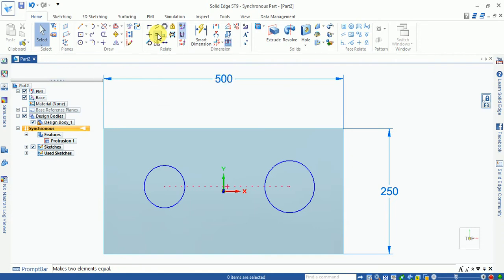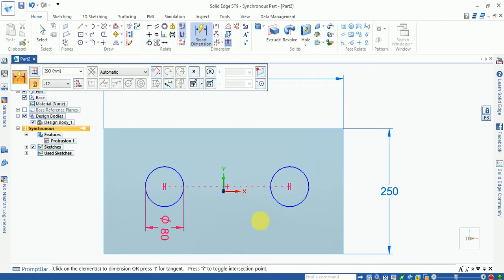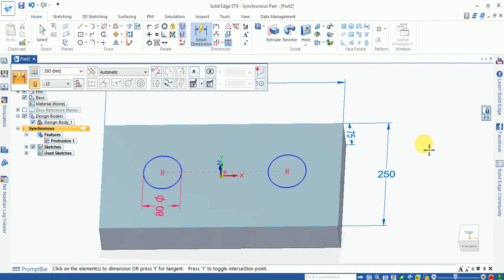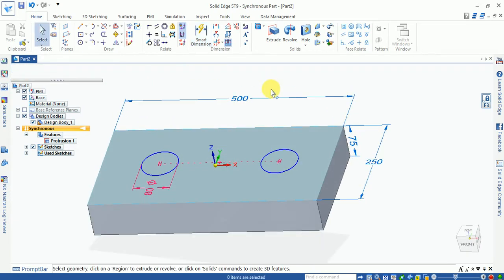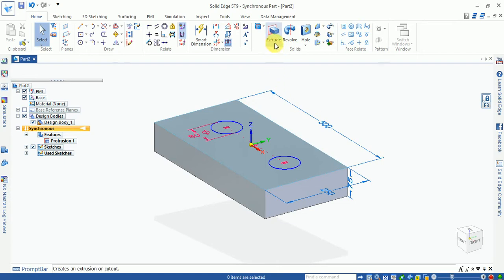Now make both the circles equal. Now give the dimension 80 mm. Escape, press Ctrl M. Now you can see here the extrude command.